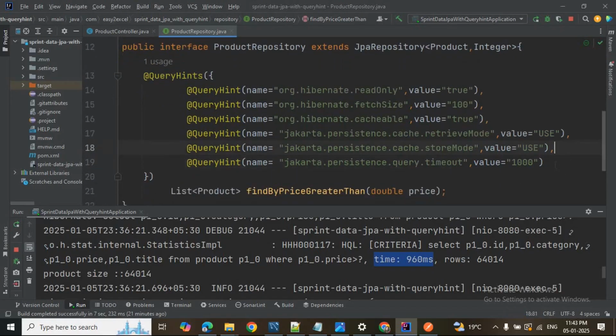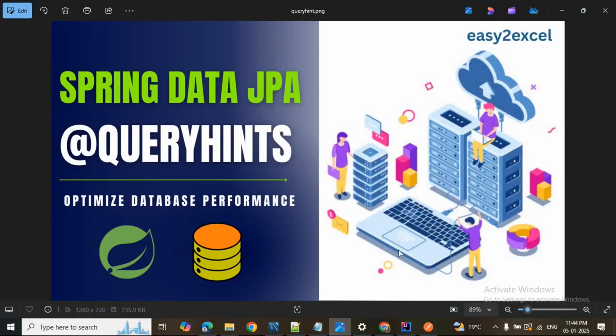Then what does this one do? This is the important one: jakarta.persistence.query.timeout. It takes the value in milliseconds. I have set the value to 1000 milliseconds, that is nothing but 1 second. So what does this mean? If I set the query timeout to 1000 milliseconds and your query is taking more than 1000 milliseconds, then it will abort the query and throw a query timeout exception. Clear? So guys, in this topic we learned about the importance of query hints in Spring Data JPA